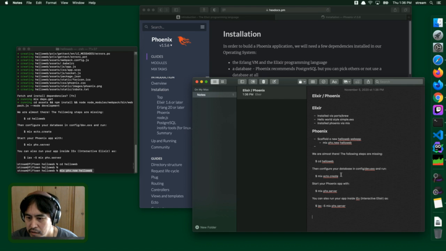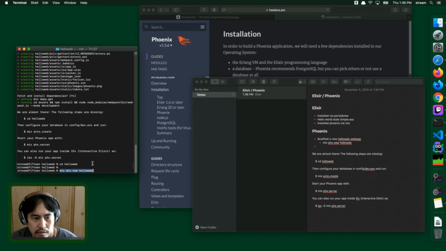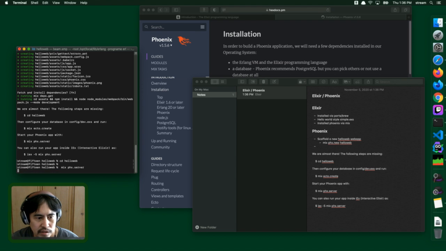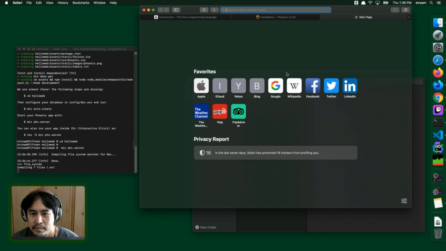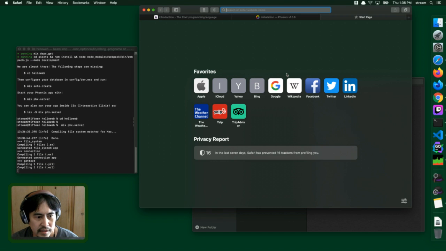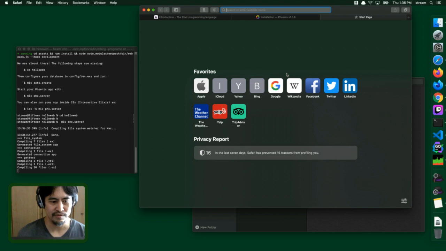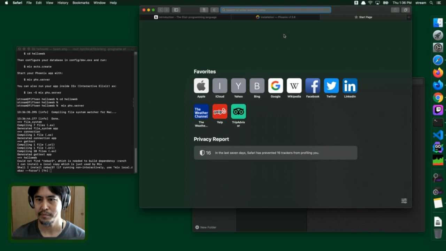Okay, now we did the hello web. We are going to start the server. Interactive Elixir. Oh, that's interesting. I'm not sure what the difference is there, but let's try this first one. We will learn eventually. Now, it's a file system watcher. Well, it's friendly. Watchers are always a good thing when you're developing front-end type stuff. They kind of save you a step of bouncing back and forth between the web app and the